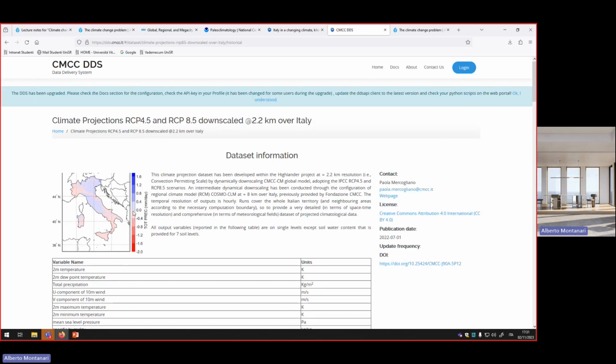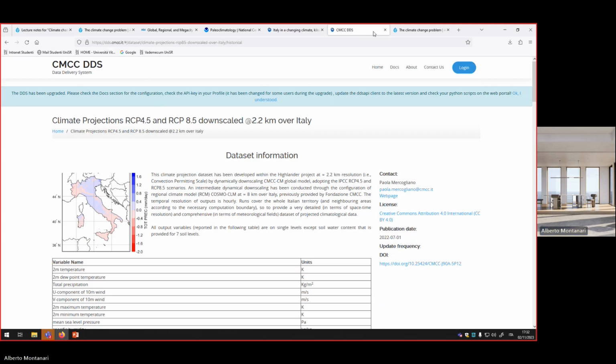This shows you the changes in precipitation, millimeters per day, over Italy. Where it's blue, it means that it increases. Where it's red or tending to red, it means a decrease. We know that precipitation in Italy is predicted to decrease in the south and increase in the northeast. And these maps are useful because what you need is not a precise prediction, I think, for your needs. You need an indication, an order of magnitude. And I think